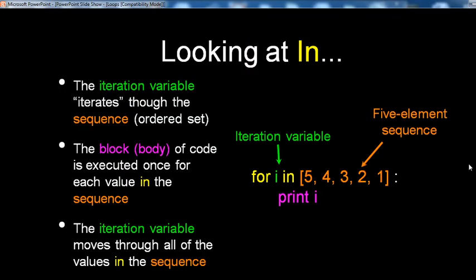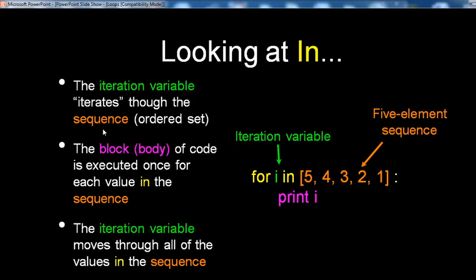Then look at the word in. Everyone knows the for loop syntax, for i in, but what is in? This i is your iteration variable. Suppose you write a for loop over some string values and print i. That i is called the iteration variable.